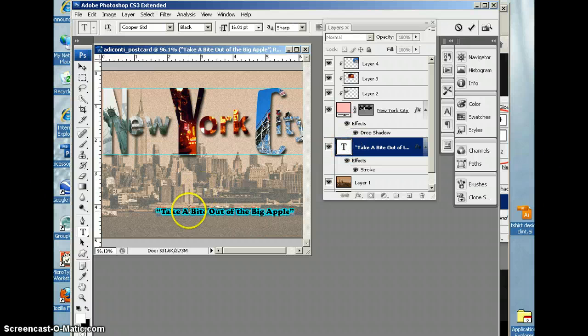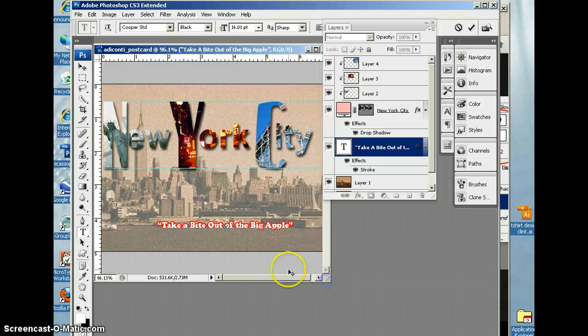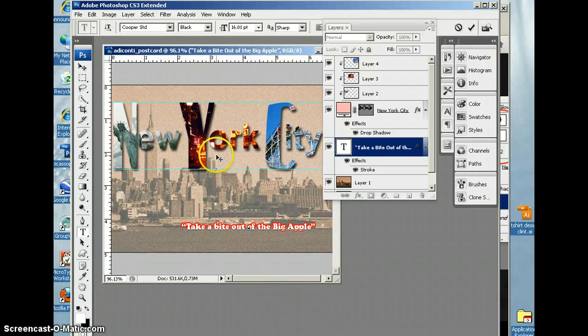I think we need a lowercase a. Yep, we do. Big Apple is, as you know, New York City. And so all we're saying here, this is a Rolling Stones line, by the way. You know the band the Rolling Stones? Yes, they got this one, you know, in one of their lyrics. Lowercase b, lowercase o. Okay, take a bite out of the Big Apple. Big Apple is capitalized, and the Big Apple is New York City. So then finally,